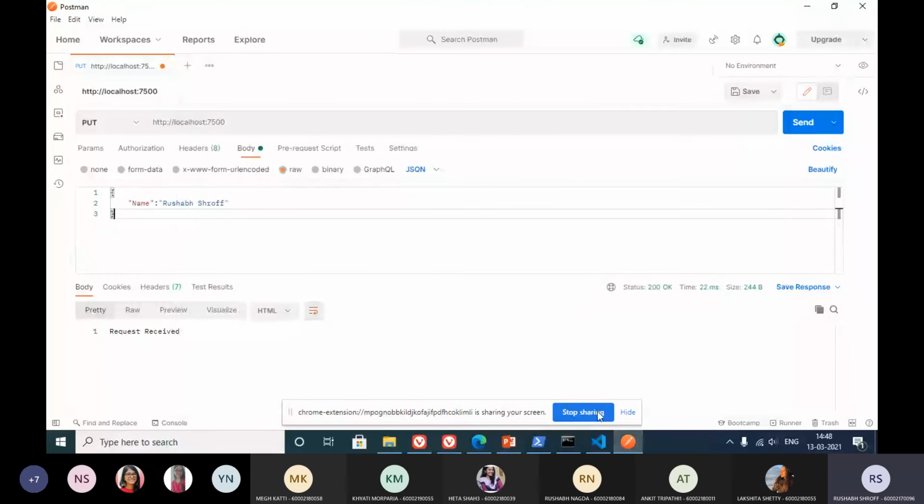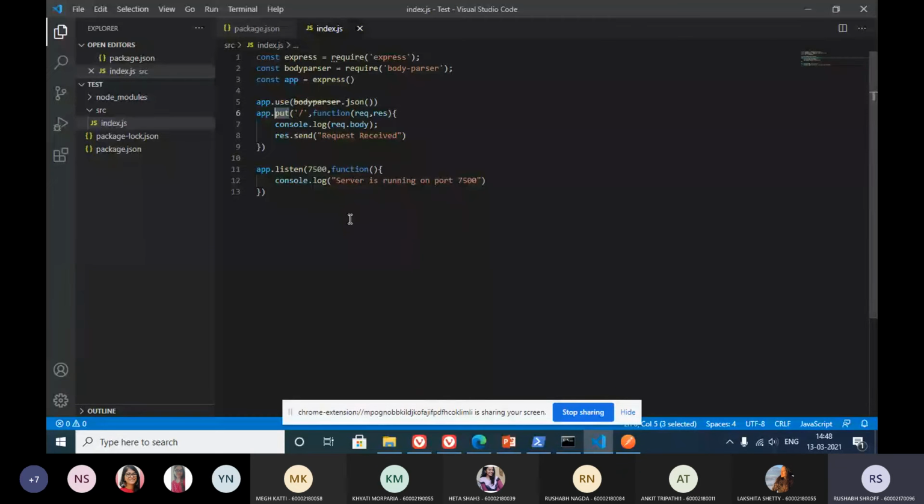And the delete request also doesn't have a body. So inside delete, you can use parameters inside this function to delete that particular object. Like you can send an id inside the url, and then you can use that id to delete the object. So let's say delete, and let's say I want to delete some object with some id, and I want to get that id from the url. So what I can do is create a parameter.